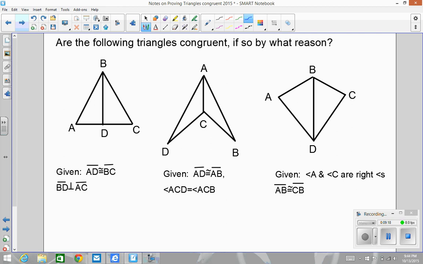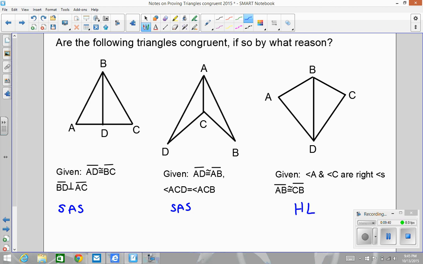Okay, so if you got this one done, this one will be side, angle, side. This one will be side, angle, side. This one right here will be